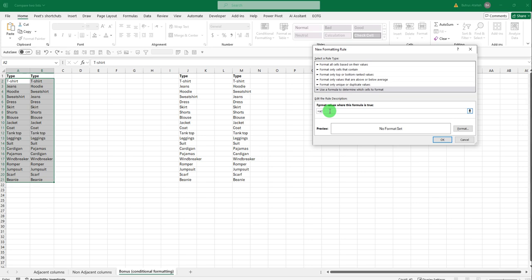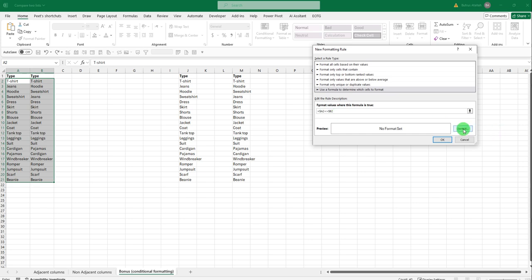Then I'm going to press the F4 key and toggle until I lock the column. So F4, F4, F4. And here's how I know I locked the column: when the dollar sign shows before the A. And then I input different than B2. And I also press the F4 key again.